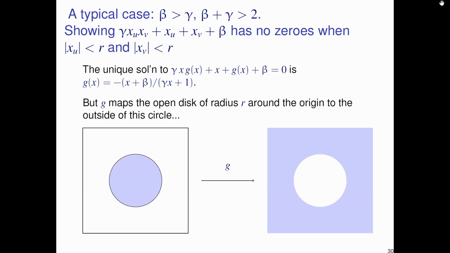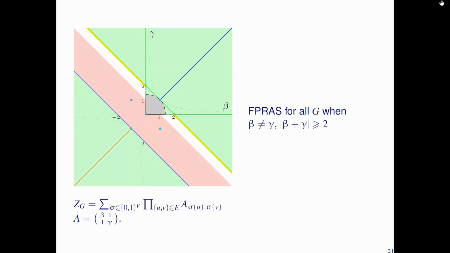So what it shows is that if x is in the disk, then g of x is not in the disk at 0. And so that works out. Okay, I believe it's time for me to stop. So what I will just say is that to get the FPRAS,